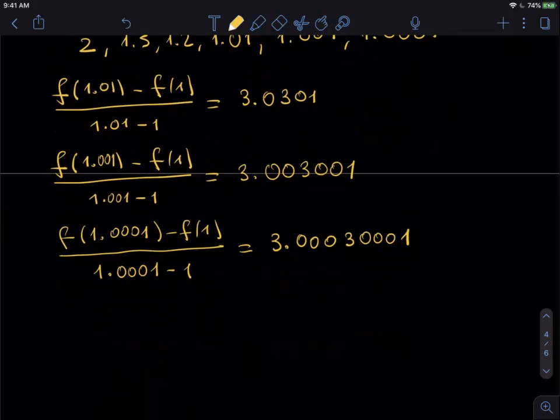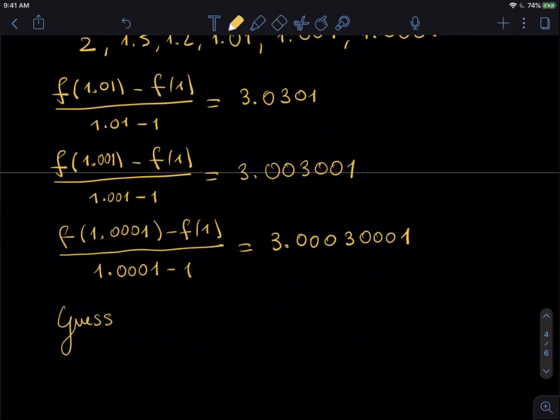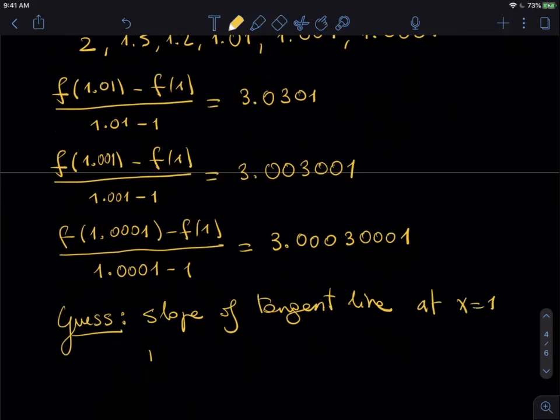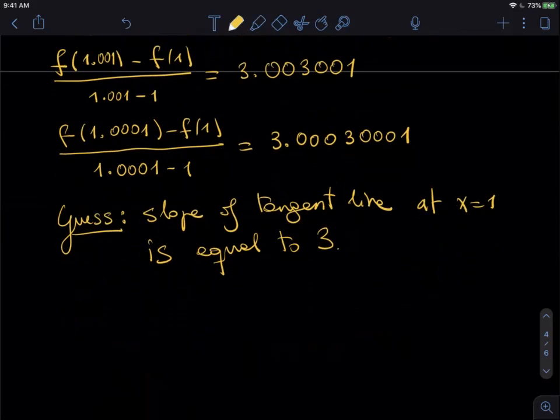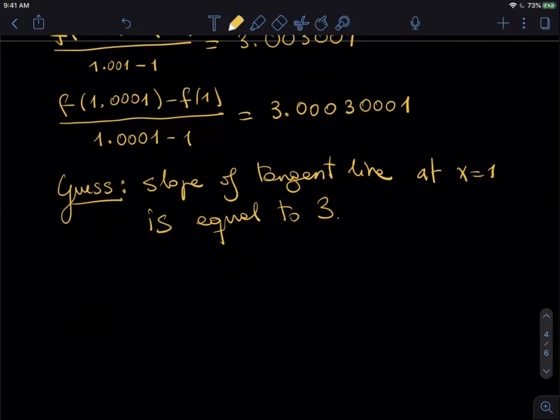So it looks like the slope of the tangent line at x equal 1 is 3. So that's our guess. Okay, so this was an approximation procedure, but we can write exactly the value,